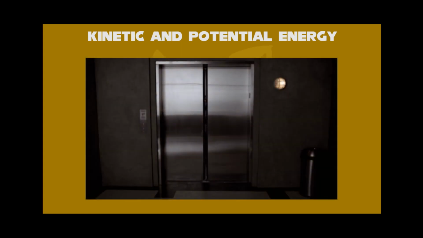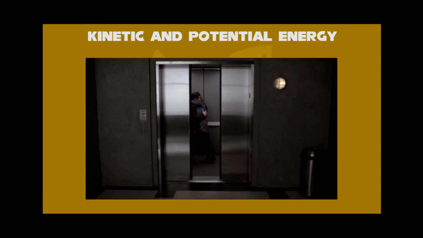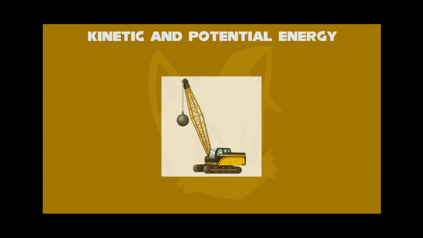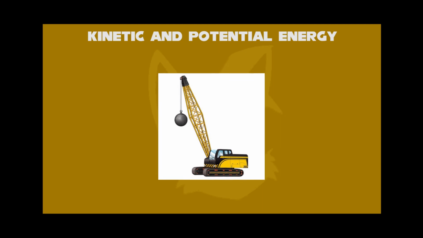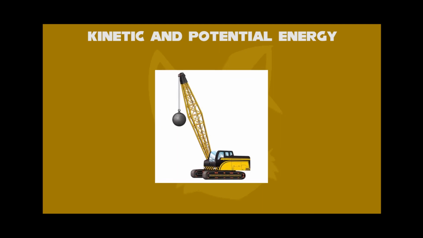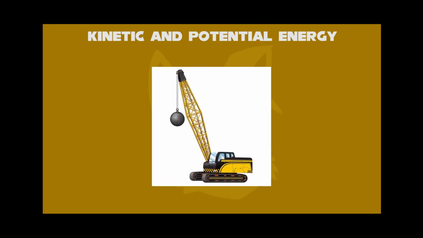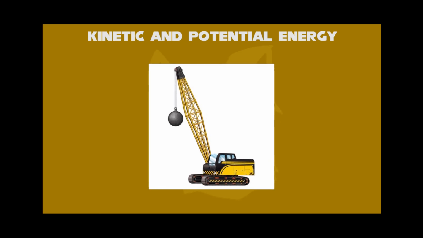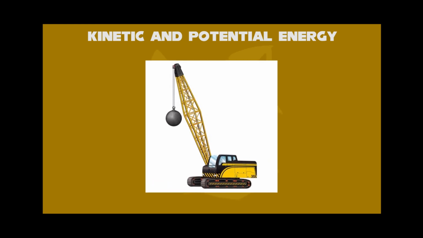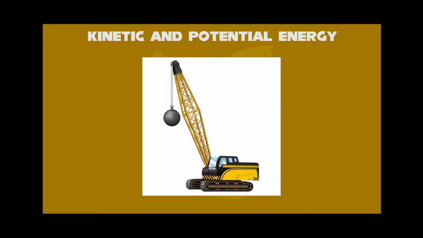Potential energy, as for a person in a lift, depends on height and gravity. And total mechanical energy, such as in a demolition machine: the wrecking ball possesses potential mechanical energy when it is raised to a vertical position above the ground. The ball has the ability to do work due to its vertical position. So you now know about